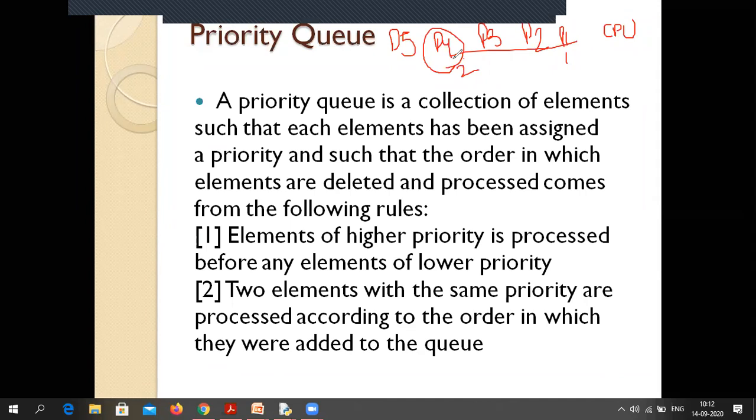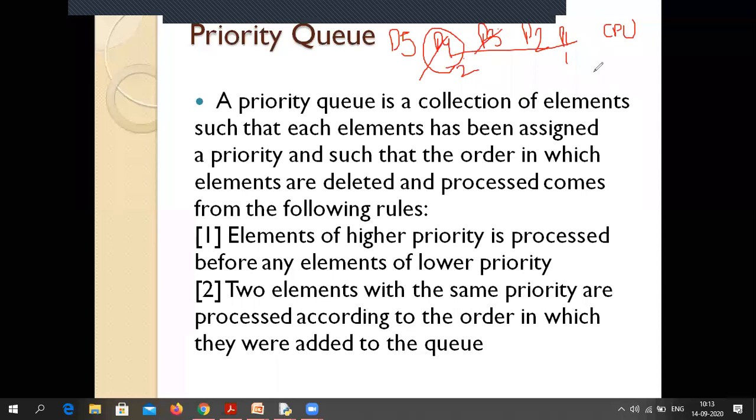Okay. So even in case of a printer, suppose you want to take the printout and there is a list of 5 requests waiting in a queue. In that case also, suppose any request P4 is having the highest priority, then that would be taken first of all by the printer. So when I'm saying CPU will run P4 first of all, that means you are deleting P4 from this. Next I'm saying P3 is having the highest priority, then that means P3 is being deleted from this queue.